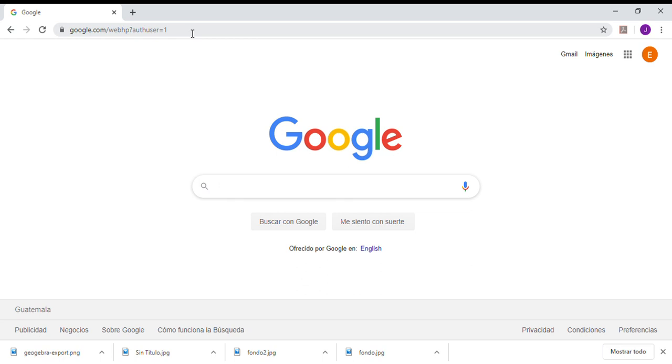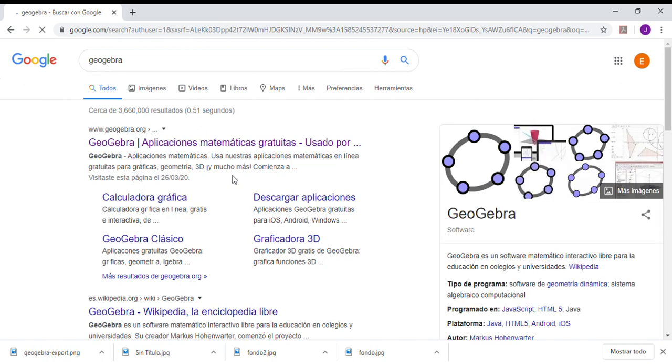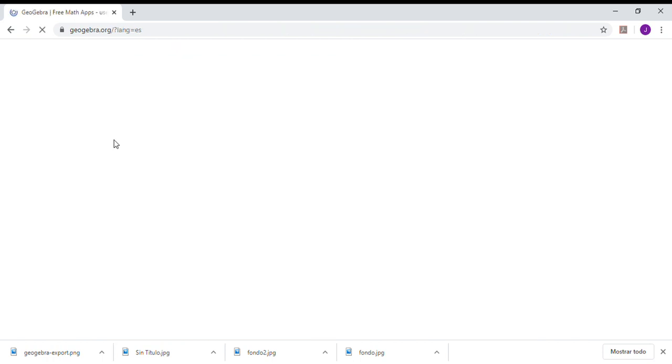Well, actually, it's a calculator, but it's most useful as a graphing calculator. So you go to Google, you open your web browser, Google, and you type GeoGebra. And the first link you get over here, GeoGebra,